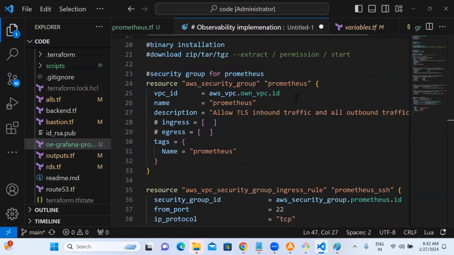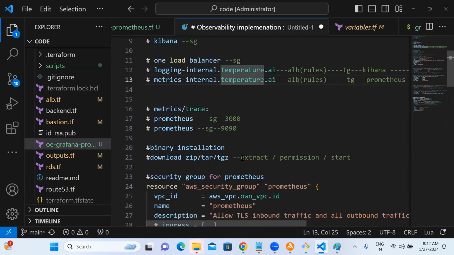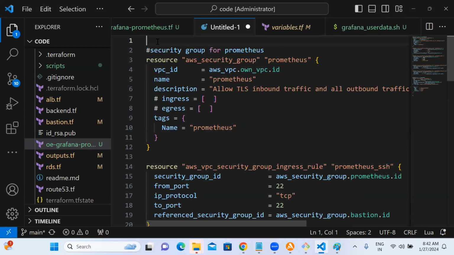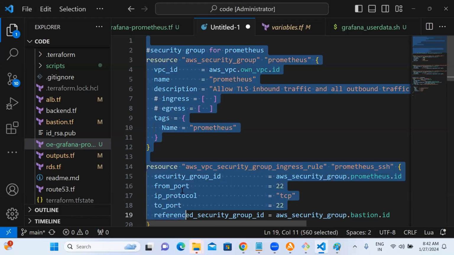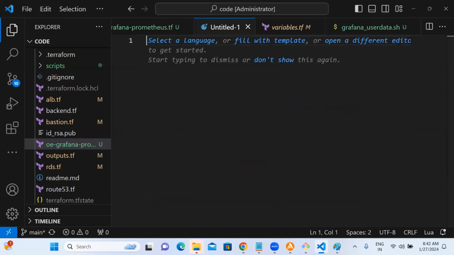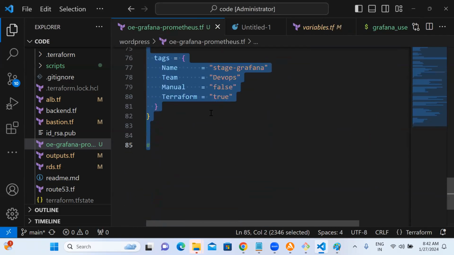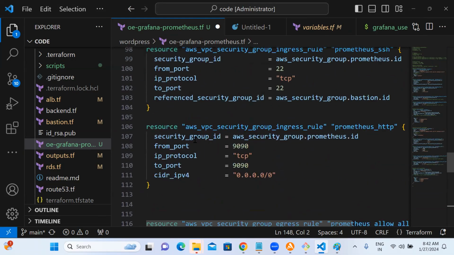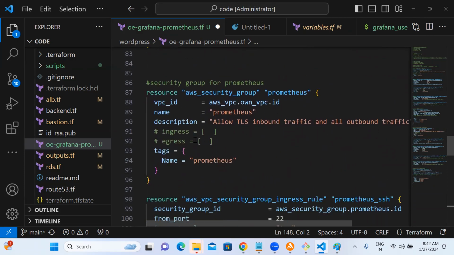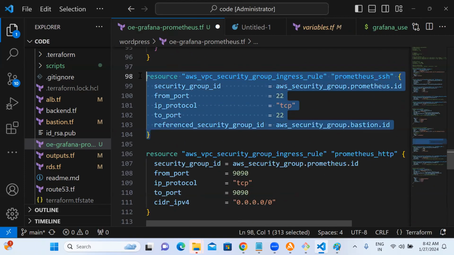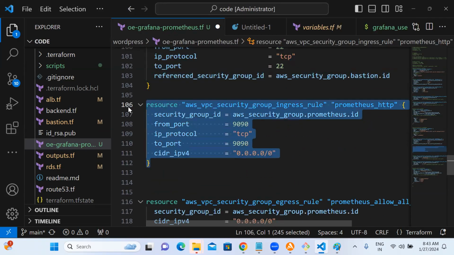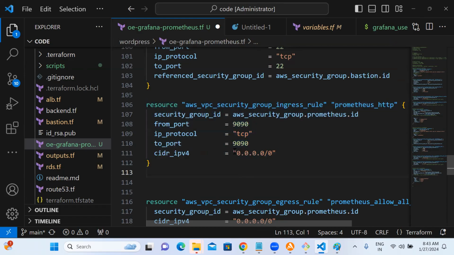Where is this file? A separate file now. I brought it into another place. I replaced it, and I'm bringing it here. Now, as an admin, I wanted to connect from Bastion. That sure you need. And here, I already created the security group above.